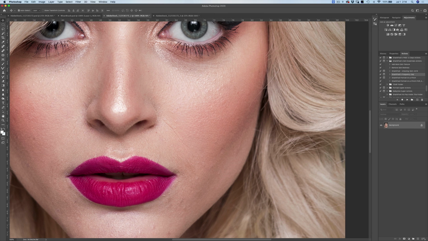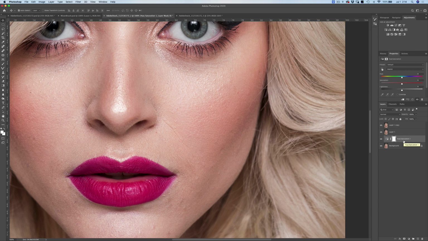And so what I mean by that is, let's say you had a hue saturation adjustment layer as well as your background layer. What you'll need to do in this situation is merge all of your visible layers. And so we do that by holding Shift, Option, Command plus E, and then we can take that layer 1 and we can Command or Control plus J. And so the merge visible command for PCs is Shift, Alt, Control, E, okay? So now I didn't make any changes with this hue saturation adjustment layer, so what I can do is just click and drag it to the trash. That was just for an example, okay?